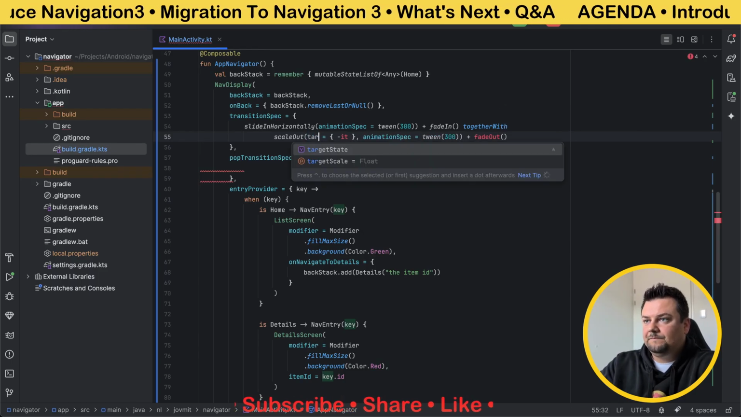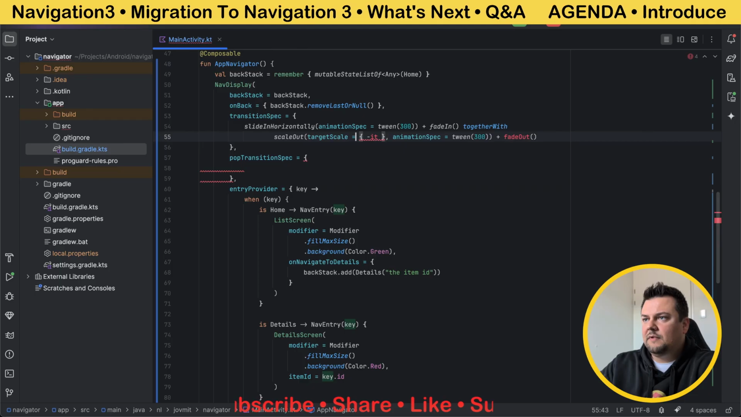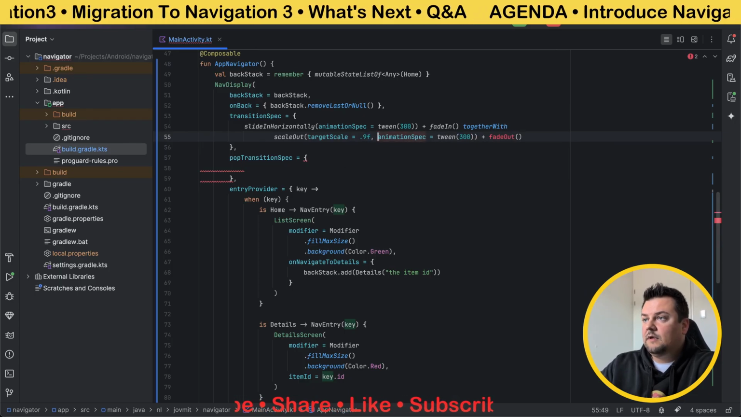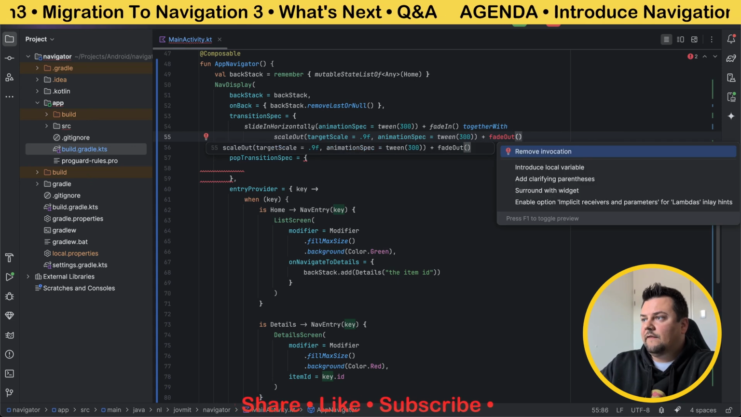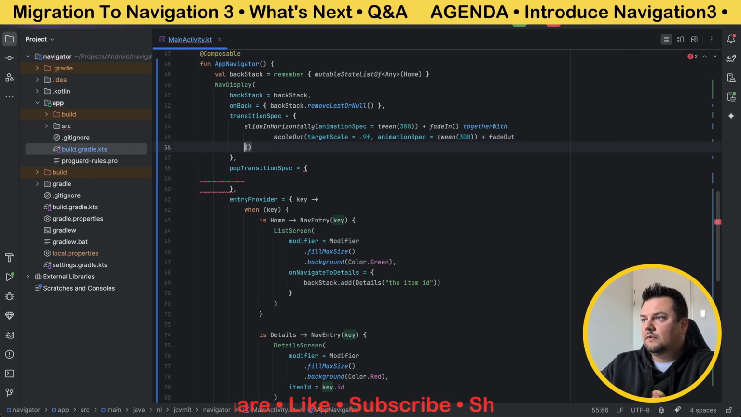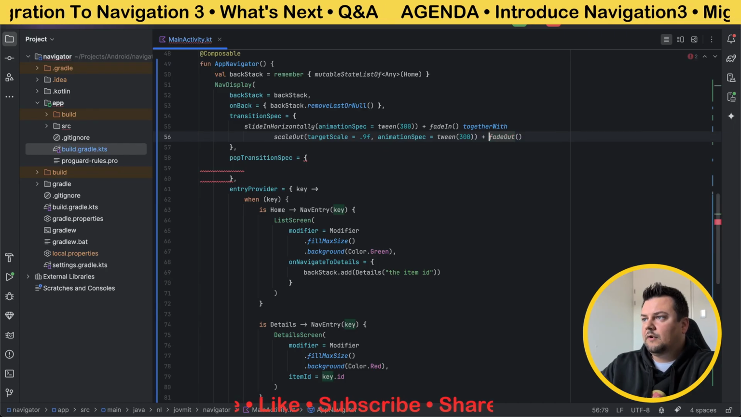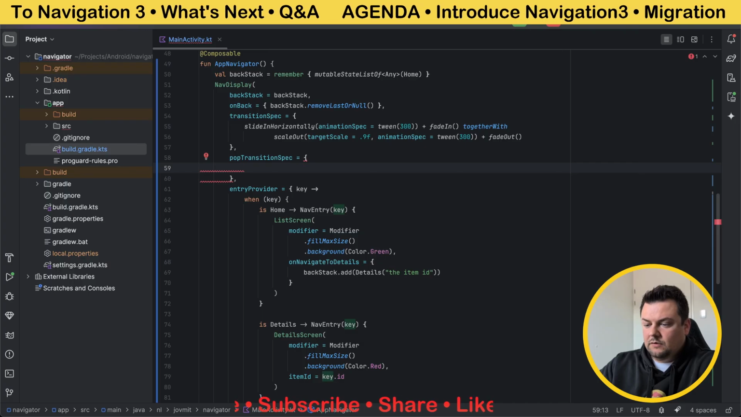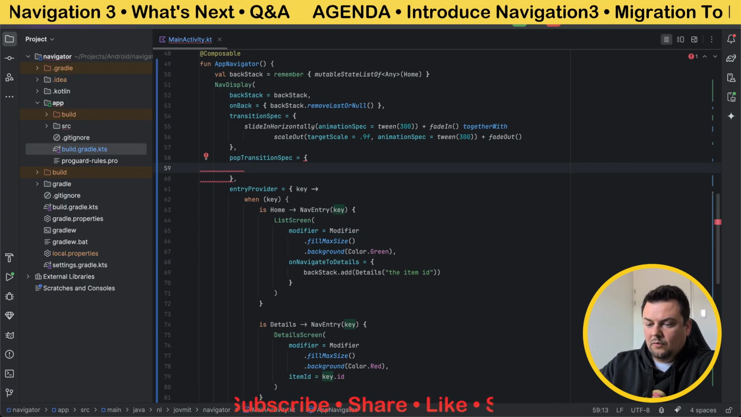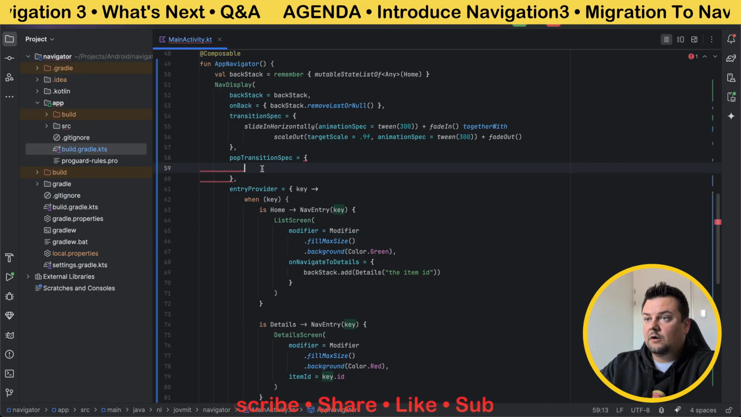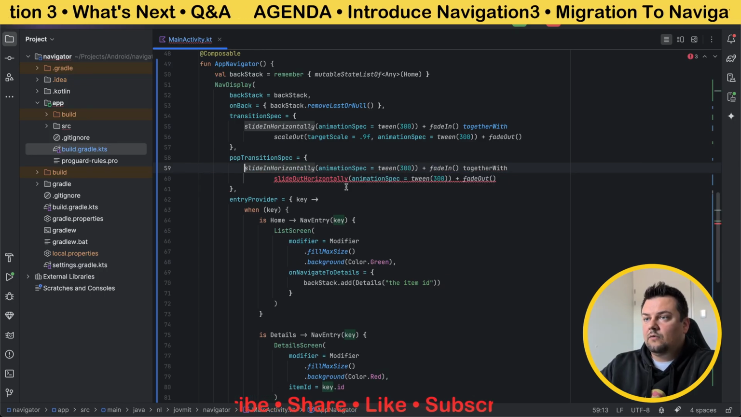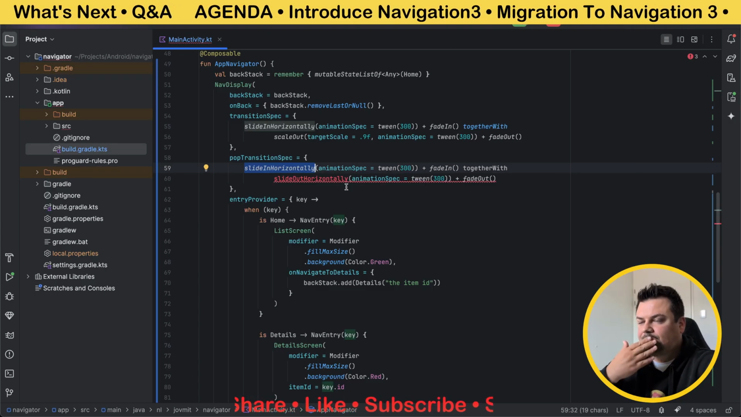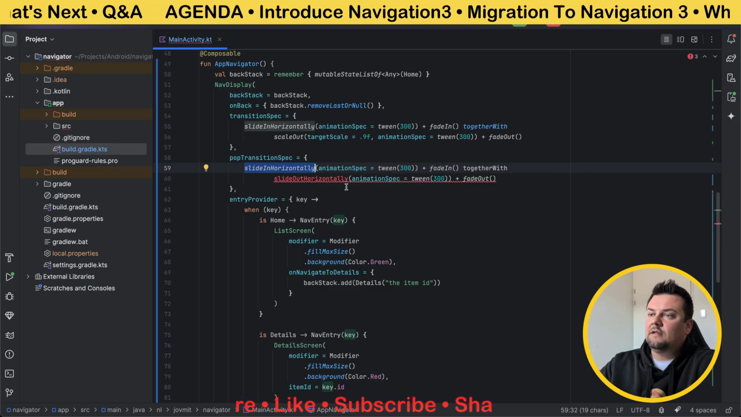Target scale is gonna be, let's say, 0.9f plus fade out. Come on, import, nice. And then how we are going to open, when we go back, how we are going to do that. So go back will be, let's say,